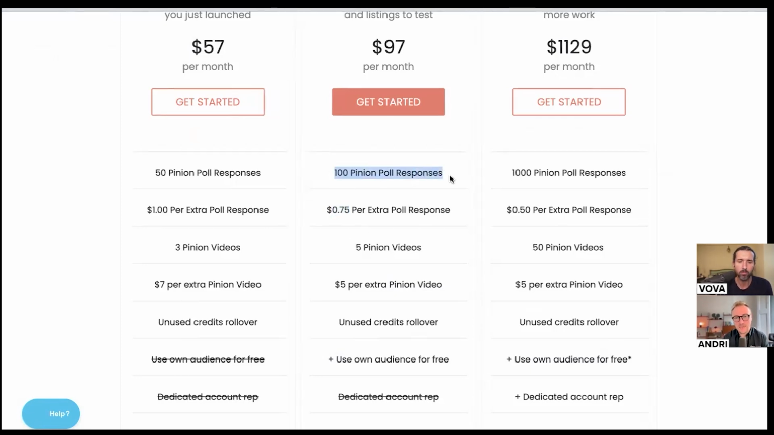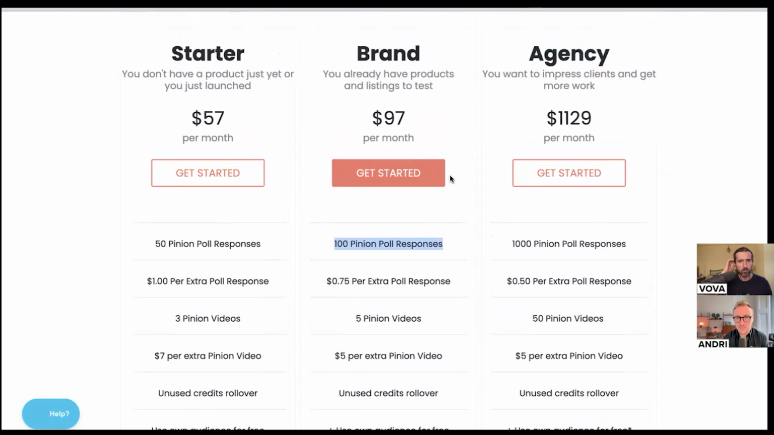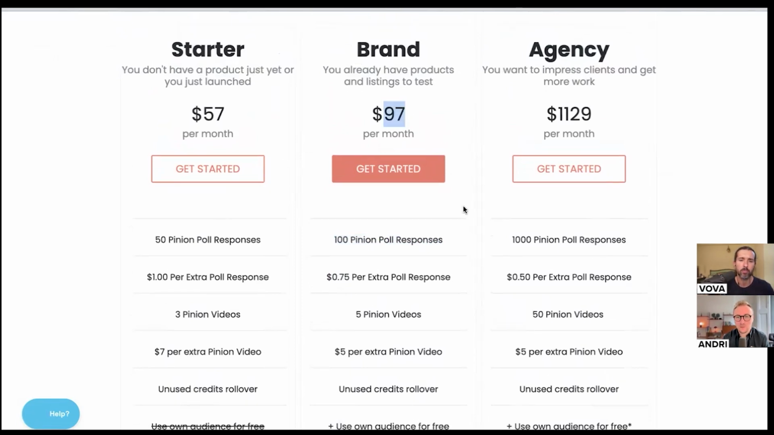Now, these credits, in case you haven't used them this month and you already paid, they don't expire. They just roll over to the next months. Okay, so you never lose your credits. It's not like we force you to test, but obviously we believe that you have to test systematically if you